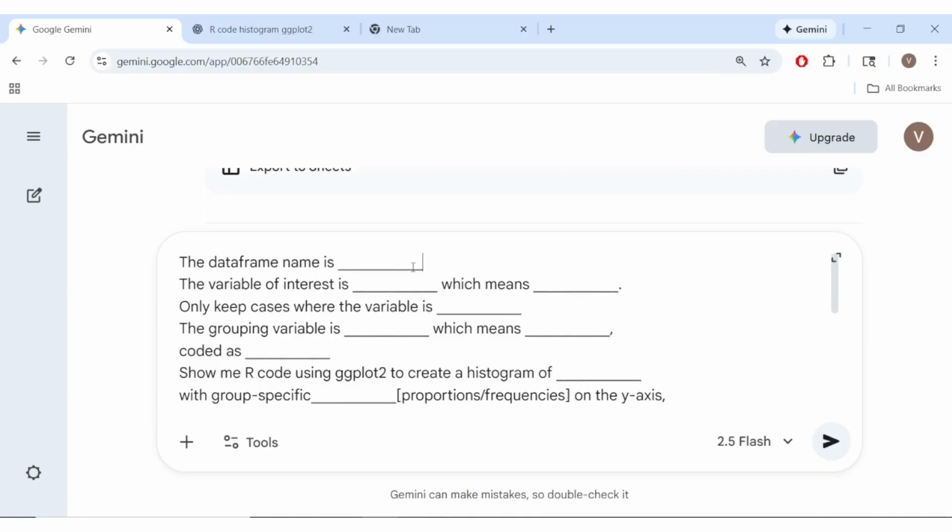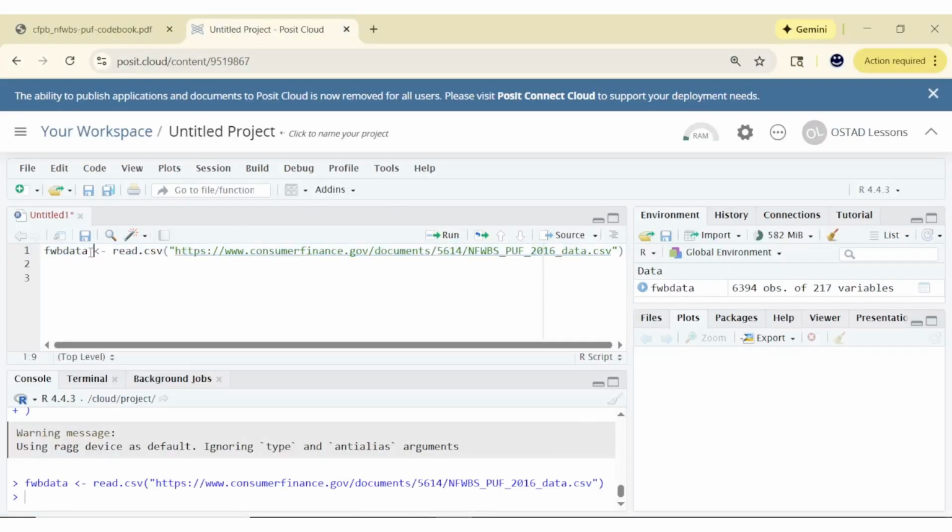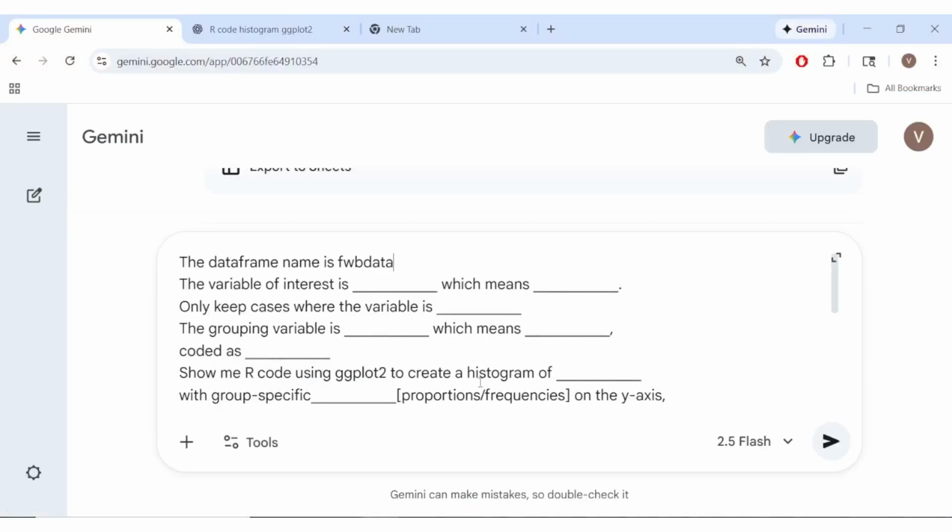So you begin by filling in these blank spaces. The first thing is you mention the name of the data frame. If you remember, the data frame for us is FWB data. So I'm just going to put that there. Then the name of the variable of interest for us is FWB score. That's financial well-being score. That's the variable that we are working with. So I'm just going to write that here as well. So we have financial